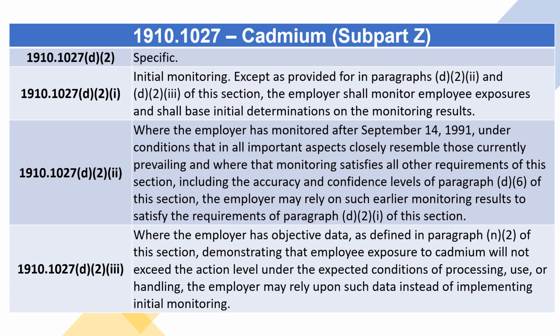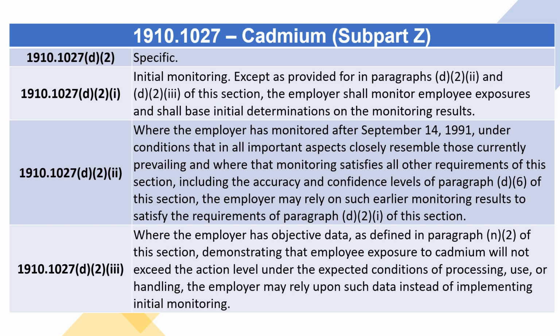1910.1027(d)(2)(i) through (d)(2)(iii), Initial monitoring. Except as provided for in paragraphs (d)(2)(ii) and (d)(2)(iii) of this section, the employer shall monitor employee exposures and shall base initial determinations on the monitoring results. Where the employer has monitored after September 14, 1991, under conditions that in all important aspects closely resemble those currently prevailing, and where that monitoring satisfies all other requirements of this section, including the accuracy and confidence levels of paragraph (d)(6) of this section, the employer may rely on such earlier monitoring results to satisfy the requirements of paragraph (d)(2)(i)